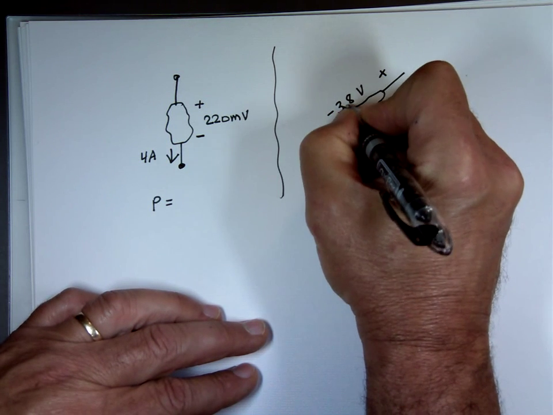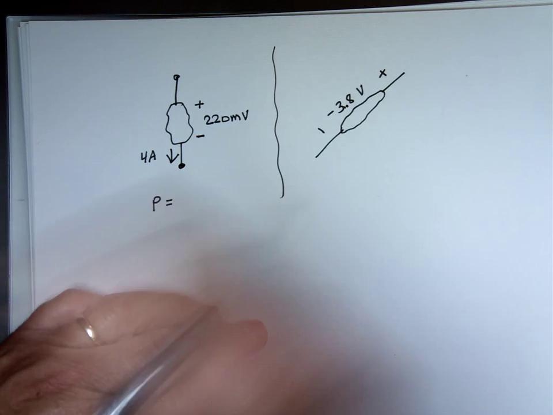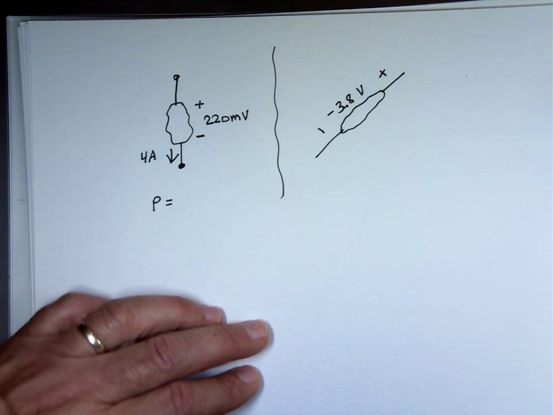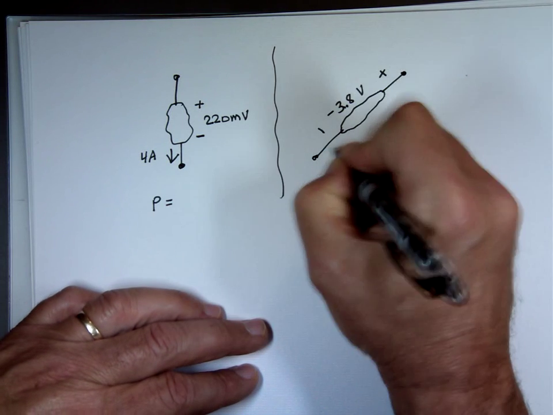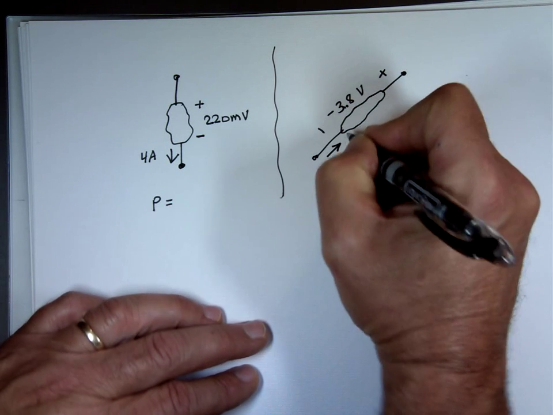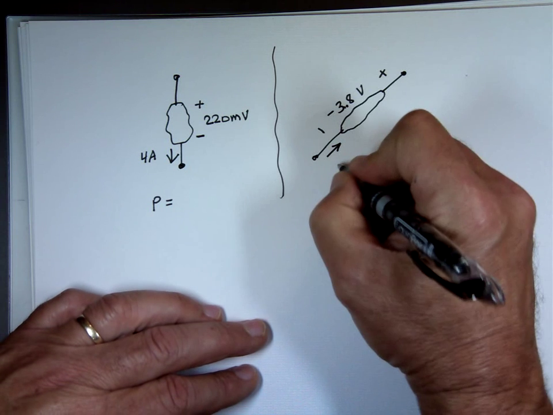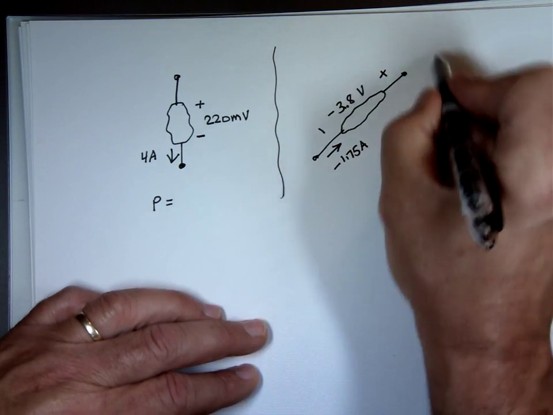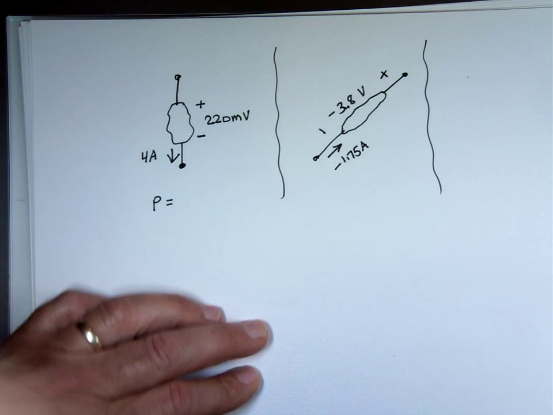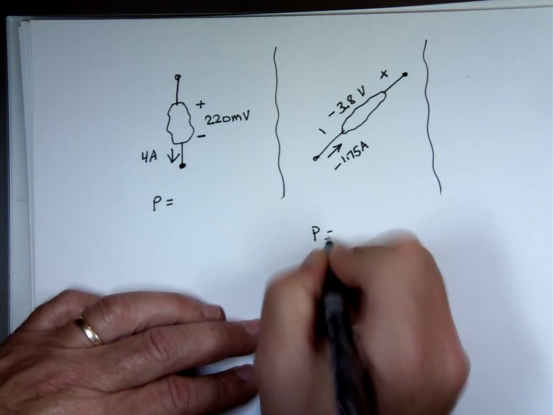Plus, minus, plus there. And I got a current entering in this direction, I of negative 1.75 amps. What's the power of this one? And the last one,